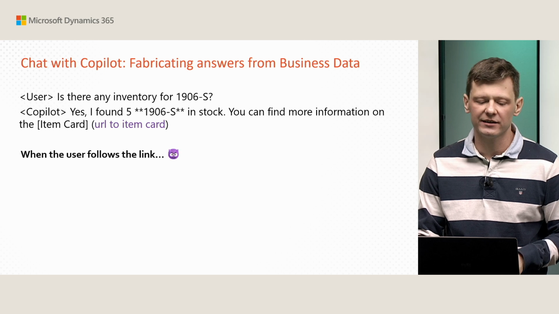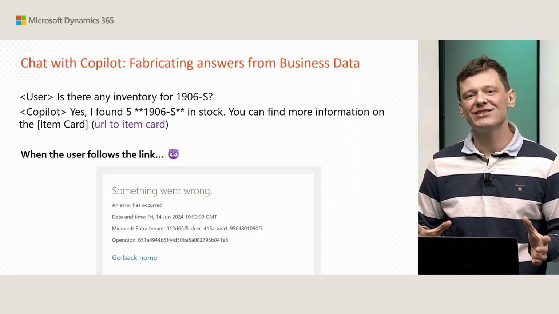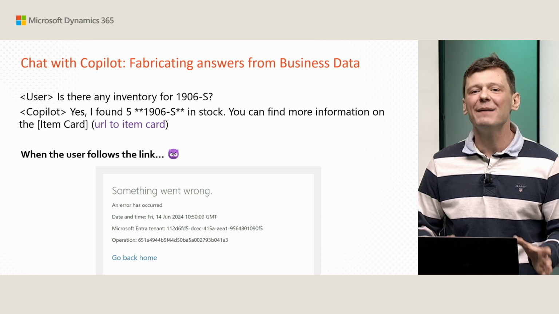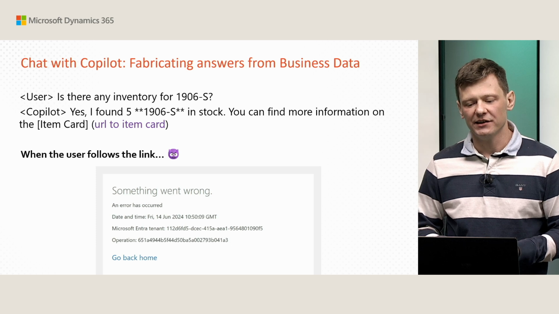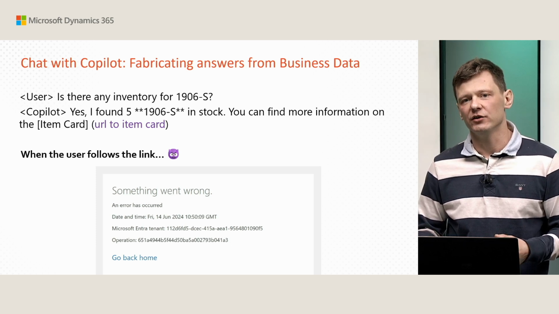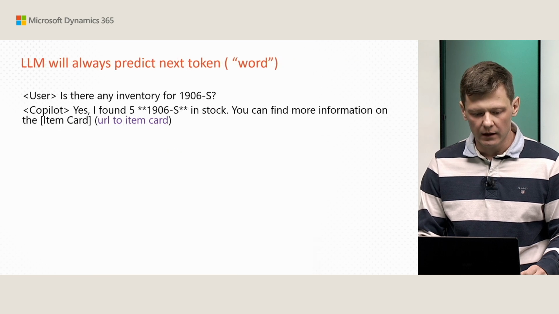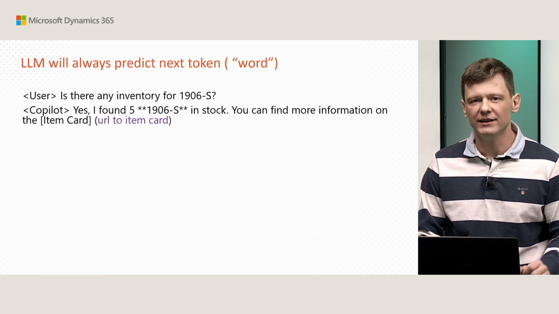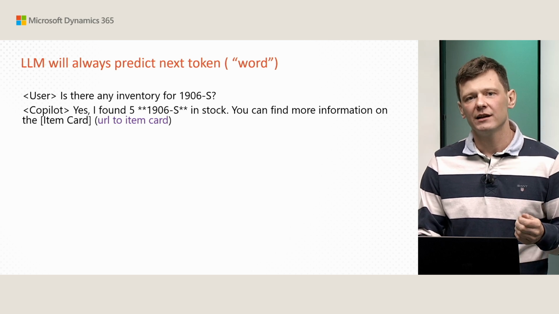And then you click a link, and then it falls apart. Because, again, a large language model, by definition, has absolutely no knowledge about your inventory levels and your product. And instead of just saying "I don't know," it's saying something to you, and it's not good. The reason why it's happening, and this is super important to understand and think about, is that large language